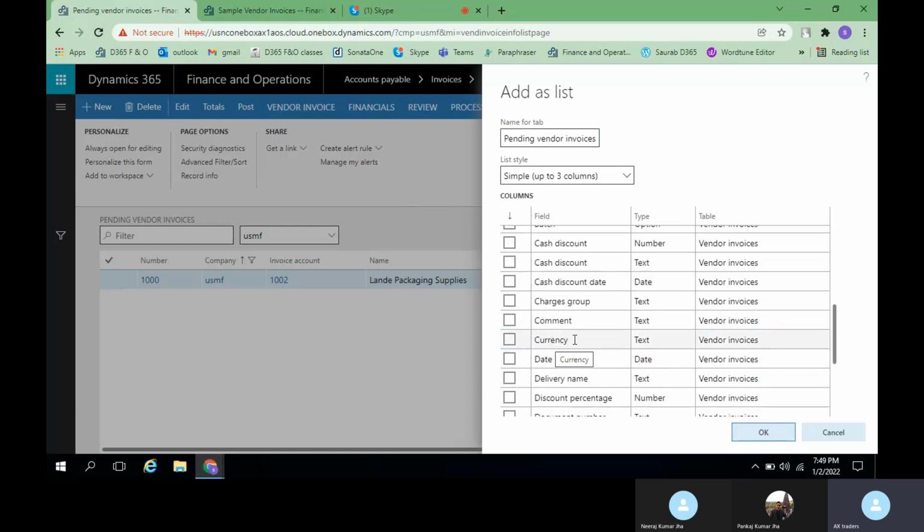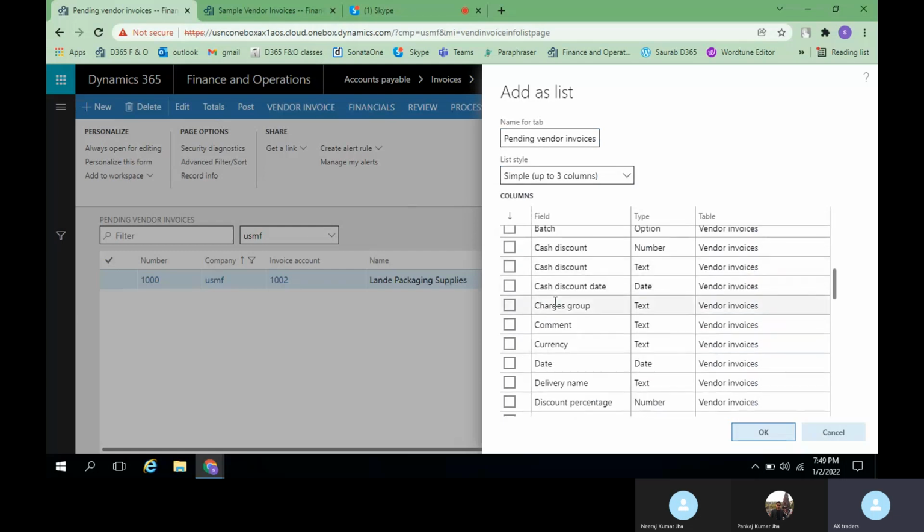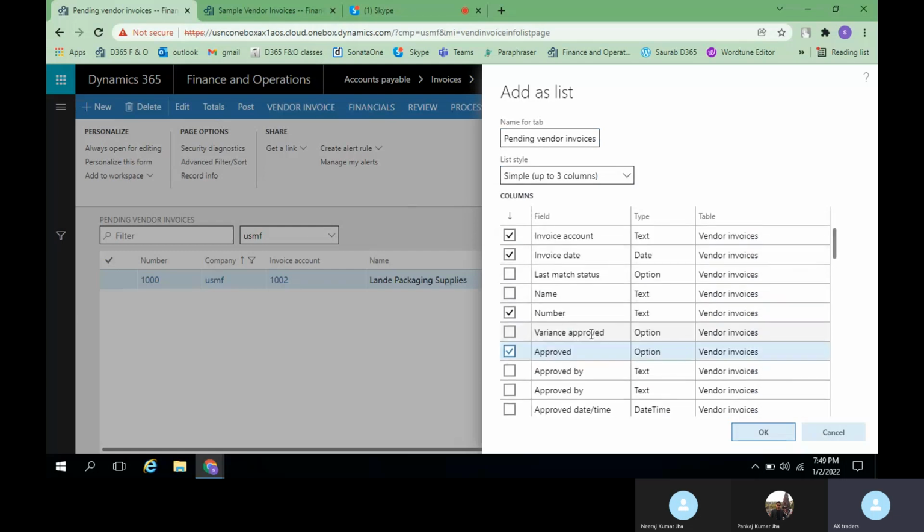If you have invoices for multiple countries, if you're dealing in multiple countries, you can select currency wise, or if you want, you can select the date wise, discount wise, or if you want to add more columns, you can select 8 columns. It will allow us a max of 8 columns, or select 3 columns. If you select 8 columns, let us try to select the name, number.